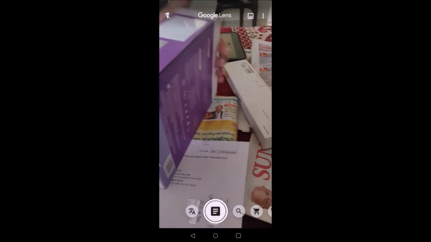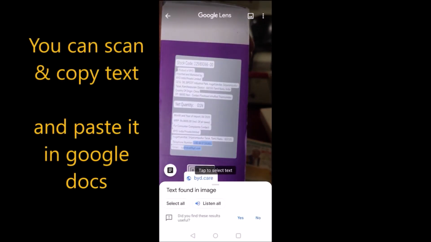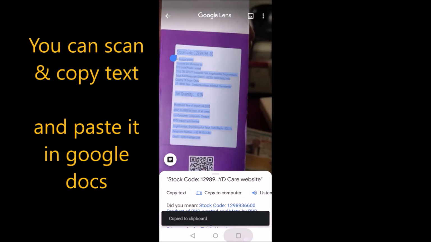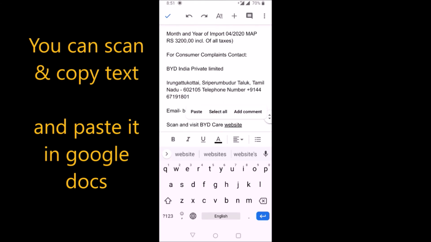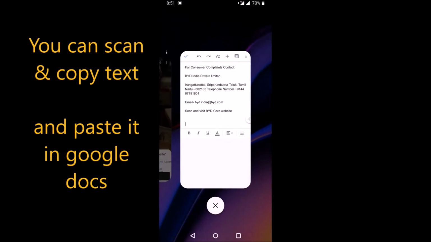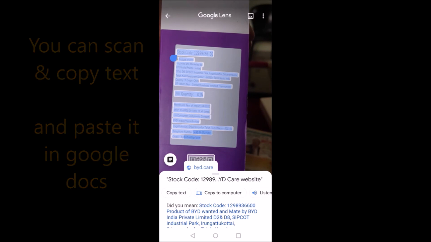Text, select all, copy text. That's it. Come to Google Docs, press and hold, and paste it here. From small text to bigger text, everything we can copy from hard copy to soft copy.